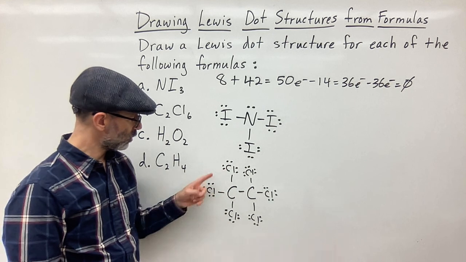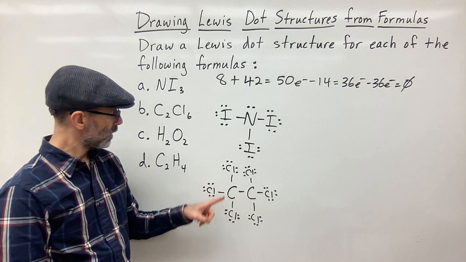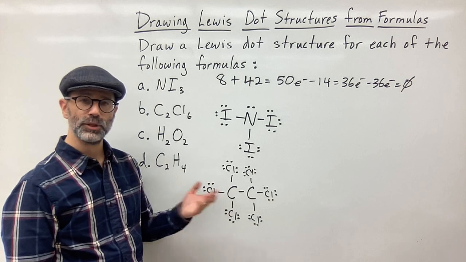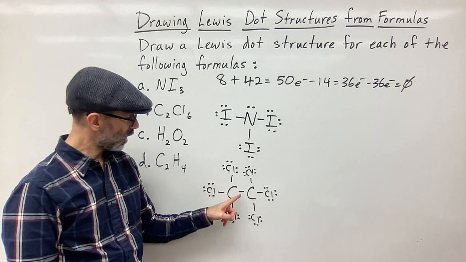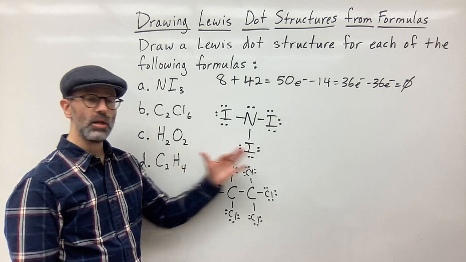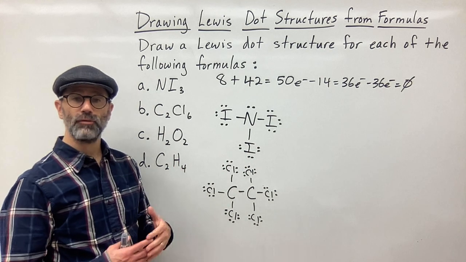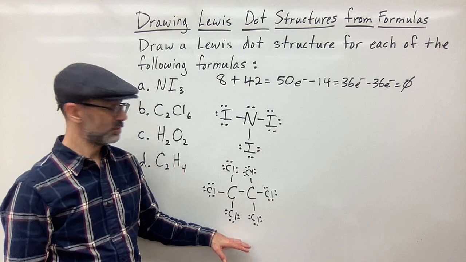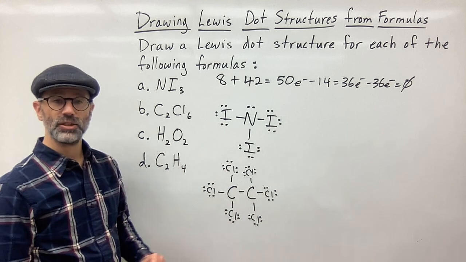So that applies to all the chlorines. What about the carbons? The carbon here has 1, 2, 3, 4 bonds. 4 times 2 is 8, so that's good. And this carbon has 1, 2, 3, 4 bonds. 4 times 2 is 8. So all of the atoms have an octet, so therefore they're happy, and then we're done. We don't have to do any more steps. So that is the Lewis dot structure of